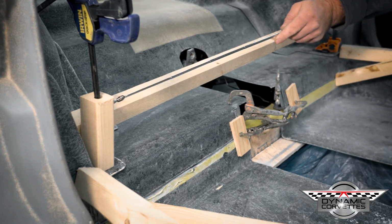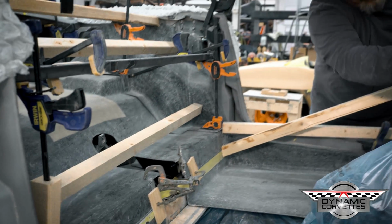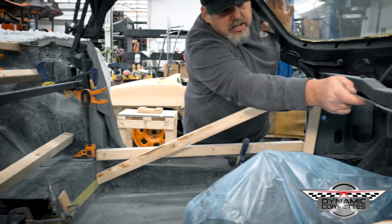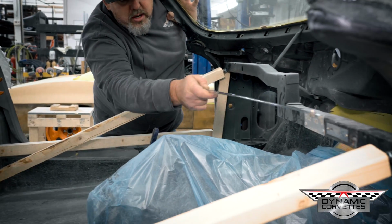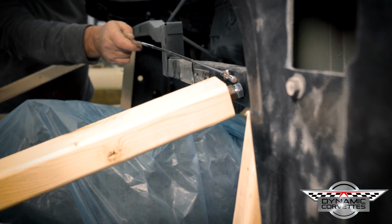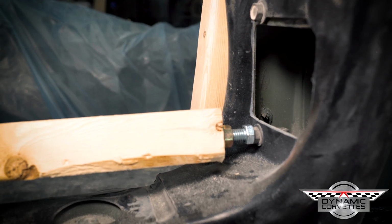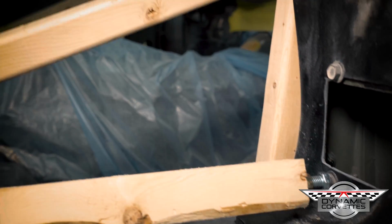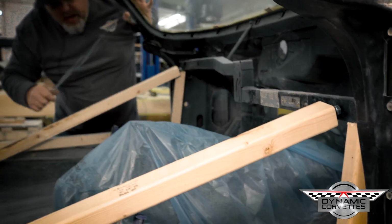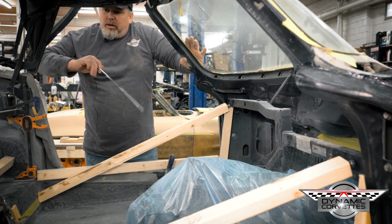And then for really long pieces that you need, what I always like trying to use is a board, and we found that you can take a bolt and put a bolt and a nut and a washer. Then you can adjust the bolt out to get whatever tension you want to push on the floor, instead of having to always try to cut the board right exactly as you're going to need it